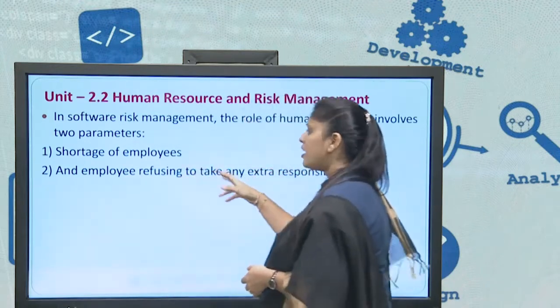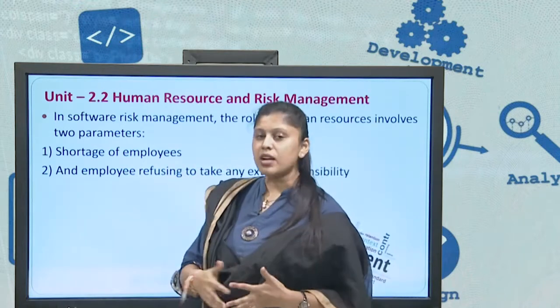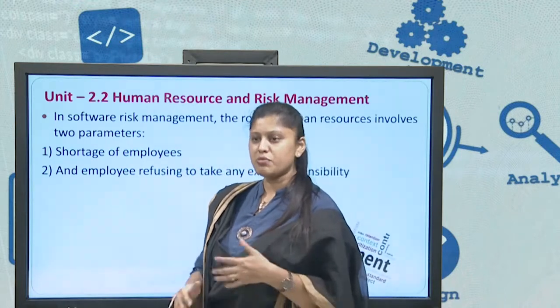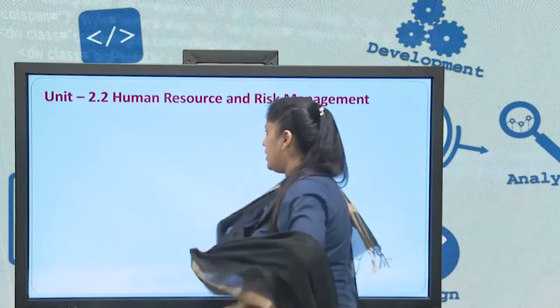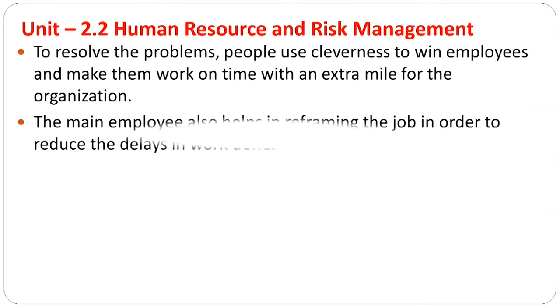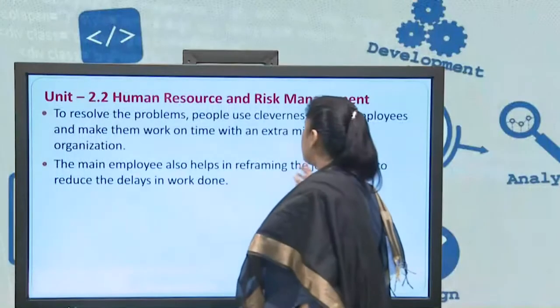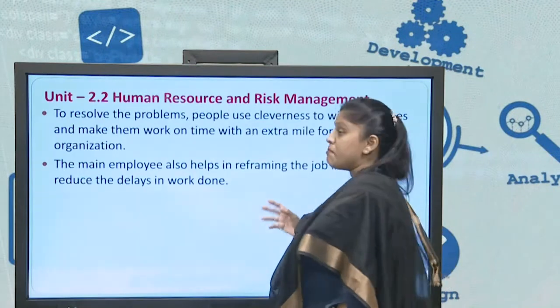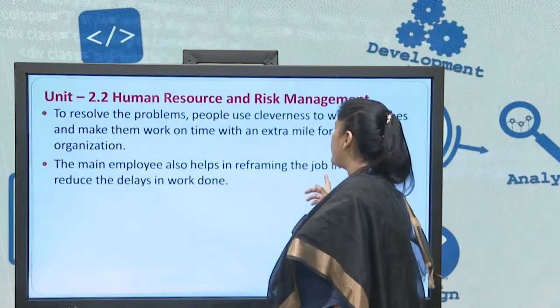Right. So these are two major things that come across for software risk management in the companies. Let us see how to resolve those problems. To resolve the problems, people use cleverness to win employees and make them work on time with an extra mile